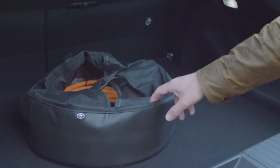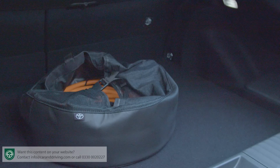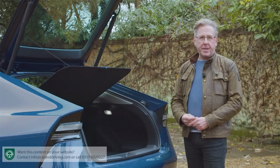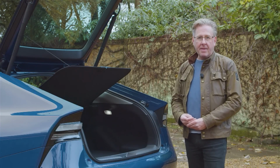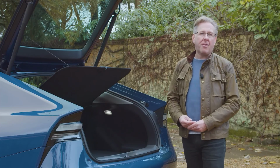But because they don't fit there, as you can see, they have to take up boot space and slide around the cargo area. There's a deep recess to the left, a light on the right, and 4 tie-down points. And here's a nice touch, a useful 3-pin socket on the left. Unfortunately though, Toyota's omitted bag hooks, and there's neither a ski hatch or a convenient 40-20-40 rear backrest split, which